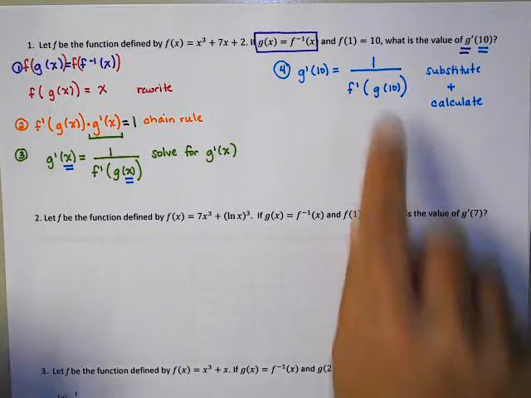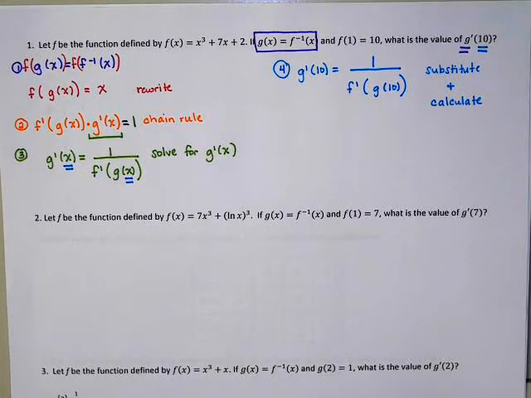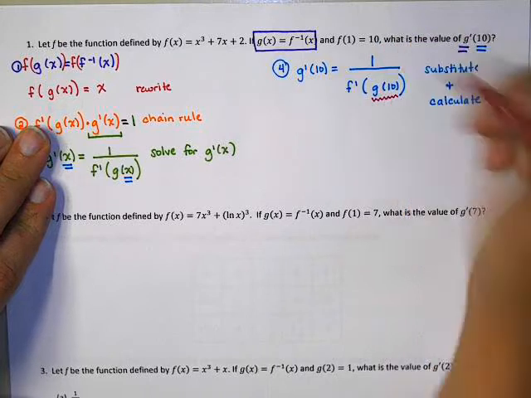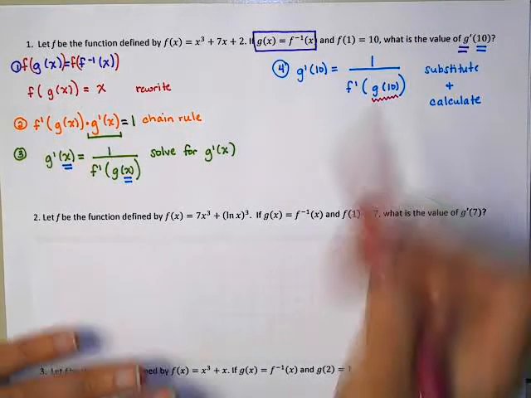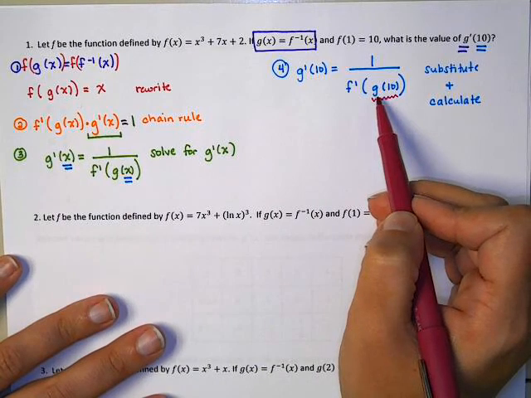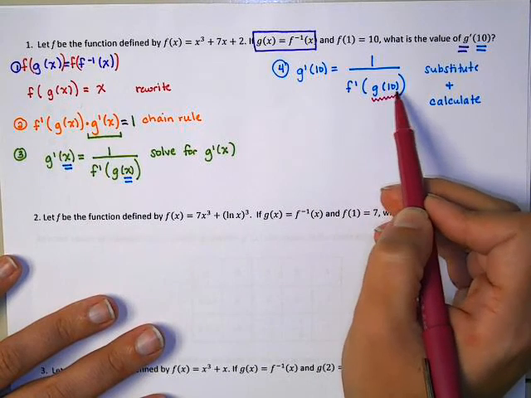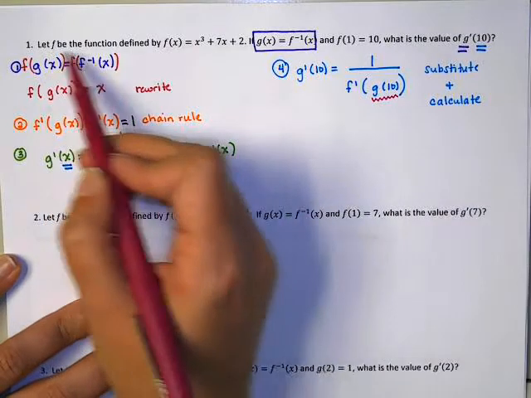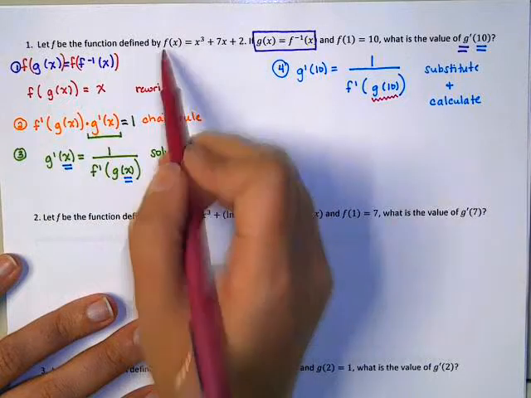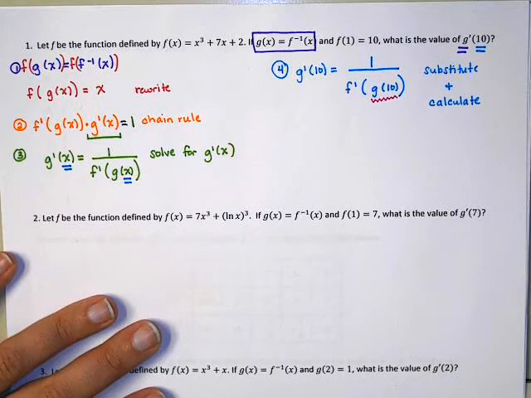Now, in order to evaluate this, I'm going to need to work my way from the inside out. So I'm going to start with g of 10. Unfortunately, to find g of 10, I would need to know one of two things. Either g of x, so I could plug in the number 10, and if I read the original instructions here, I don't know g of x, I only know f. Or I would need to know